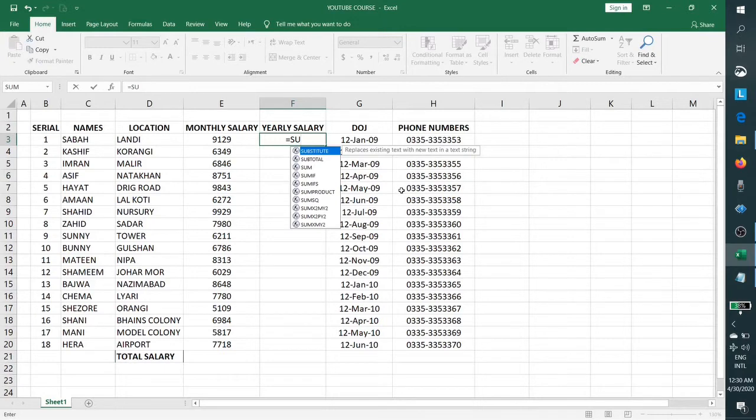So let's suppose I type in S, so it is giving me so many options. Then I will type U, then I will type M. Once you have this selected, you can see there is a note here that says add all the numbers in a range of cells. So this is the SUM function.